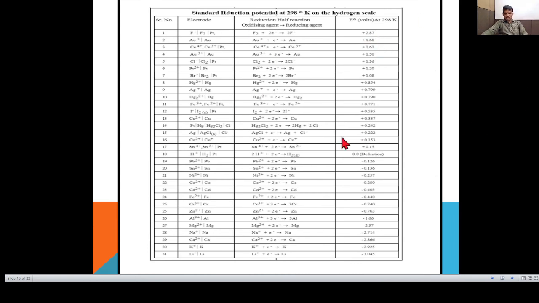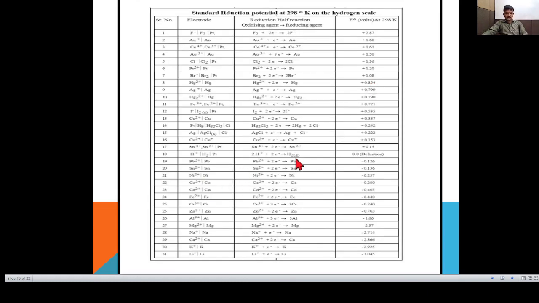The first key point is the electrodes. These are the electrodes and these are the electrode half reactions, which are arranged in the order of decreasing standard potentials. Above the hydrogen electrode in the EMF series, positive potentials are arranged. Below it, negative potentials are arranged. This is the first key point, the first convention. Second, the standard potentials are reduction potentials, so we refer to a reduction half reaction in this series. Third, the hydrogen electrode is placed at the middle of this series, having a potential of 0.0 volt.